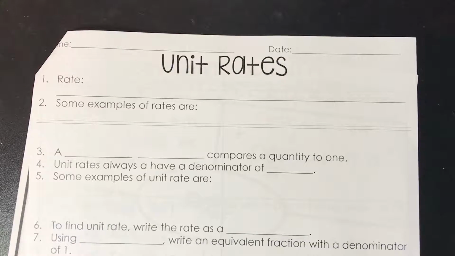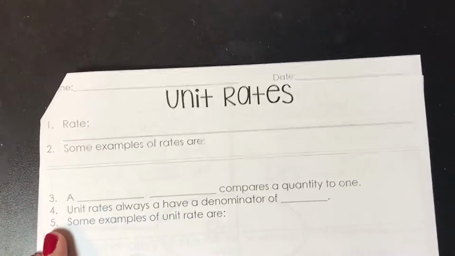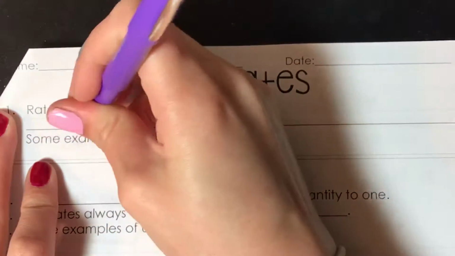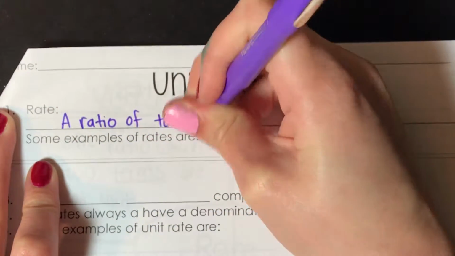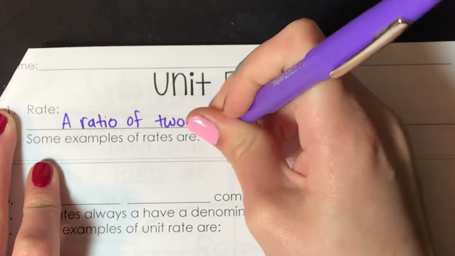On your next page of notes, we're going to continue with what we had started talking about, unit rates. Make sure you're on the correct page of notes. A rate is a ratio of two quantities or amounts, that's what this word means,